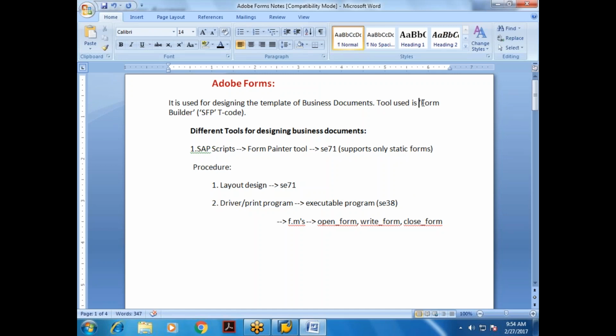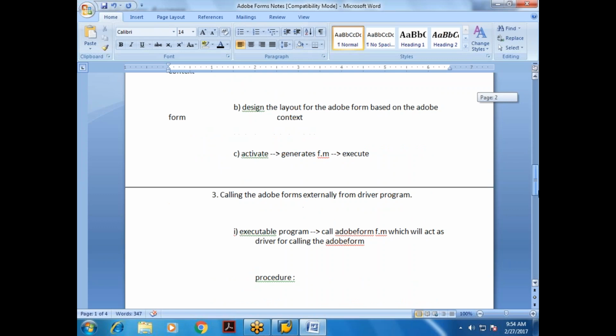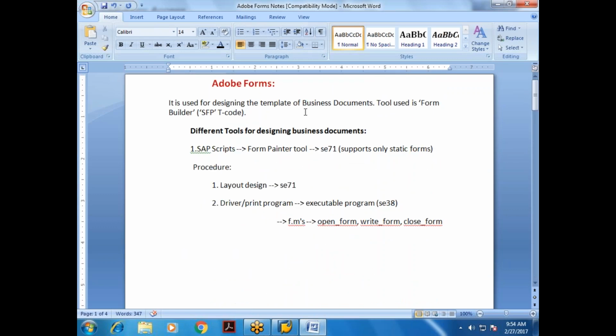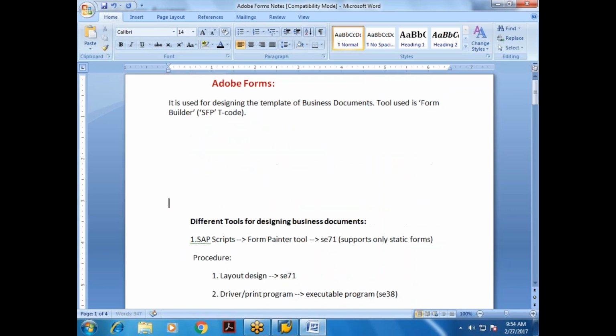The tool used is Form Builder. Okay, what is the tool we use? Form Builder tool we use. Okay, done. Okay, so if you want to use this Adobe Forms,